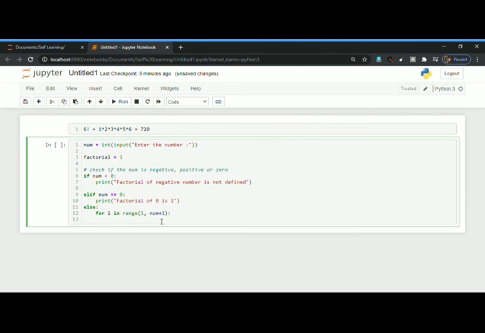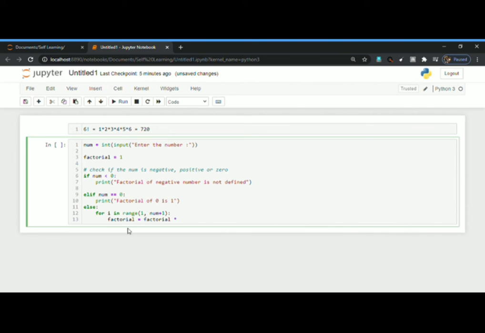Then we have given a factorial here. So factorial will be our counter, or our value which will get updated at every iteration while the for loop is going from 1 to that certain number. So factorial is equal to factorial